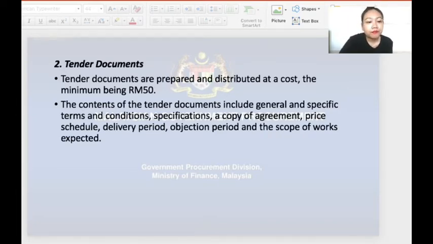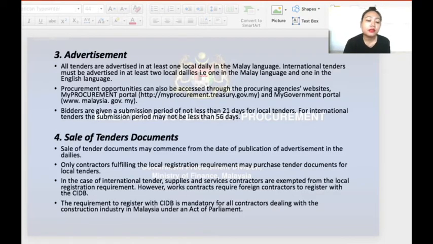Next one, advertisement. All tenders are advertised in at least one local daily in the Malay language. International tenders must be advertised in at least 2 local dailies, for example, one in the Malay language and one in the English language. Procurement opportunities can also be accessed through the procuring agency's websites, the My Procurement portal, as you can see here, and the My Government portal at